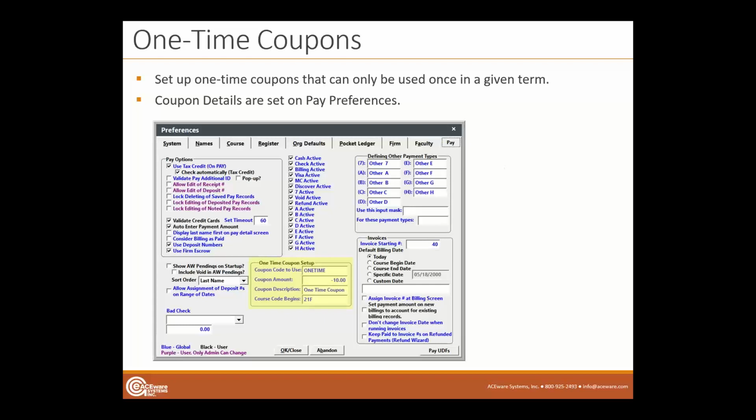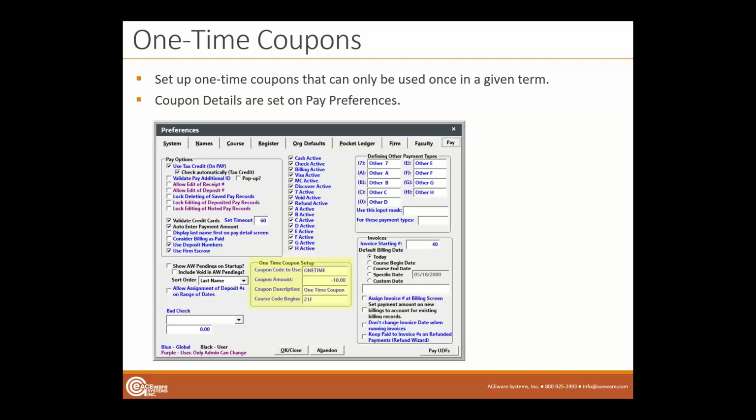There is also a one-time coupon code that you can set up, and again, you do that under Preferences, but in this case, under Preferences, under Pay, right smack dab in the center, there's a one-time coupon setup: what kind of coupon code to use, the amount. You may say, can I use a percentage? Yes, you can. The coupon description, one-time coupon, and this is for anybody that's enrolling in 21F classes,